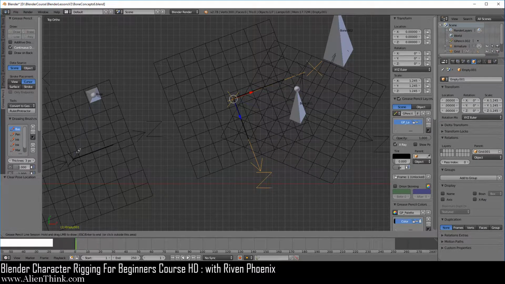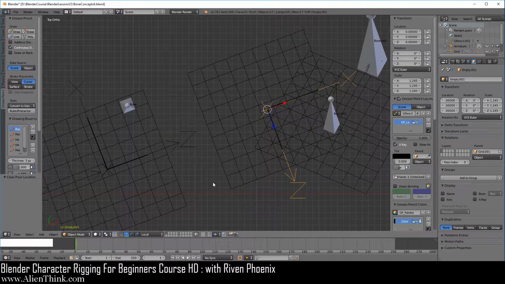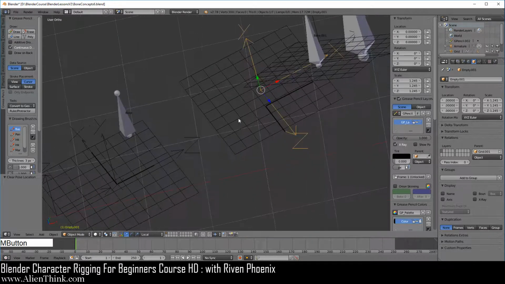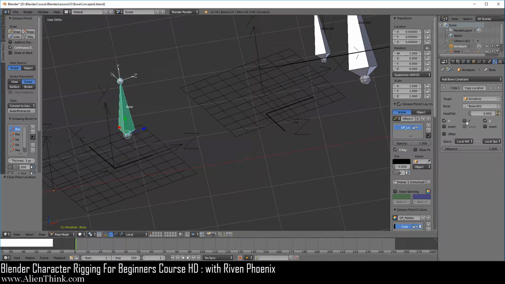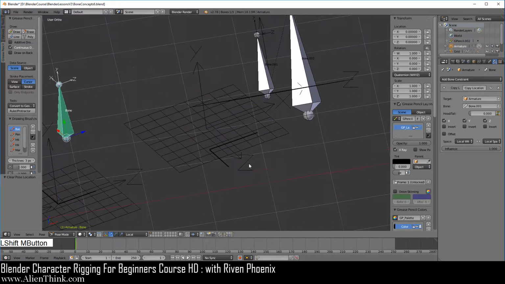So that information now is being given along its X over here. So this is why it ends up over here. Press the escape key. Now the only remaining issue here is that when we click on this bone and now do Y, this bone ends up over here. So what's going on over here?